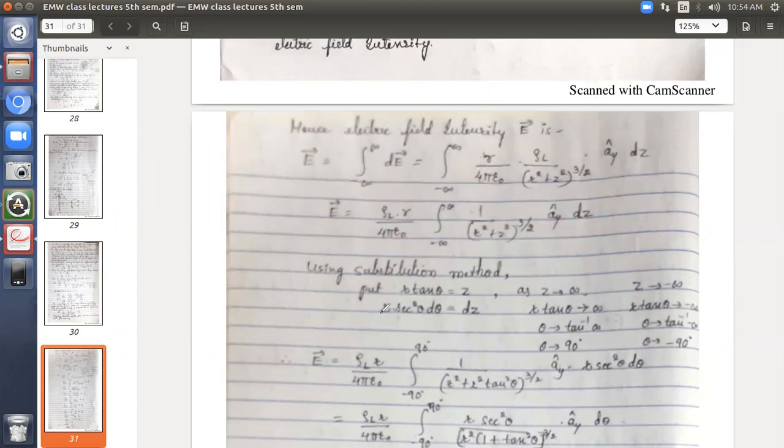Now by the substitution method, I put z is equal to R tan theta. Why did I go for R tan theta? There is a reason behind it. If I take R tan theta, you will get R square common. 1 plus tan square is sec square, so I can substitute the values for that. 1 by sec is cos, so for cos I can apply the integration. For that, I have gone with the integration by substitution method. Substitute R tan theta is equal to z. What will dz be equal to?